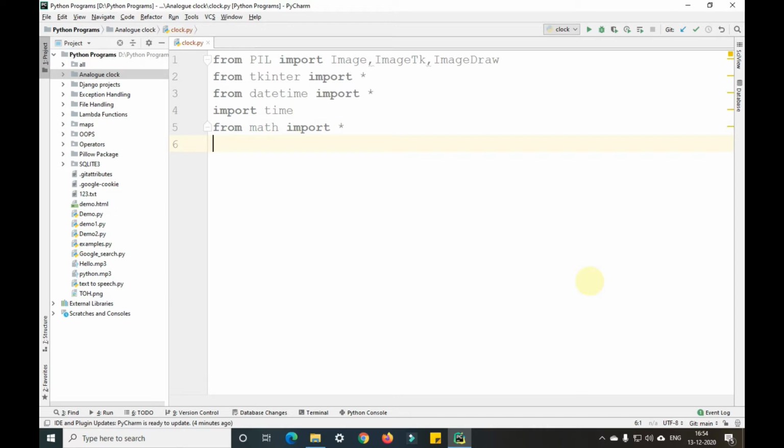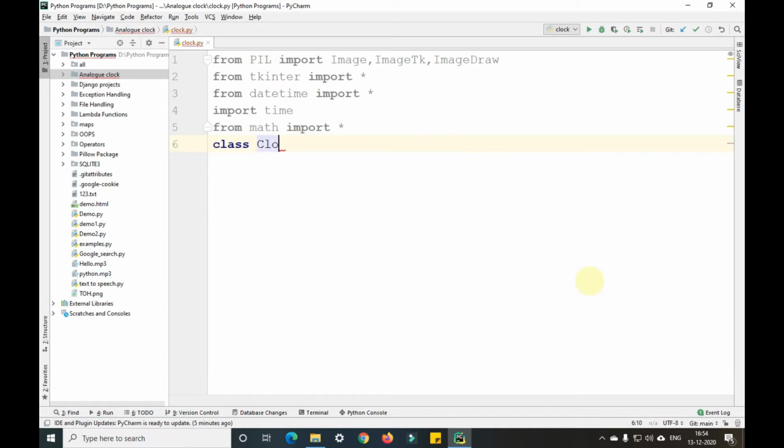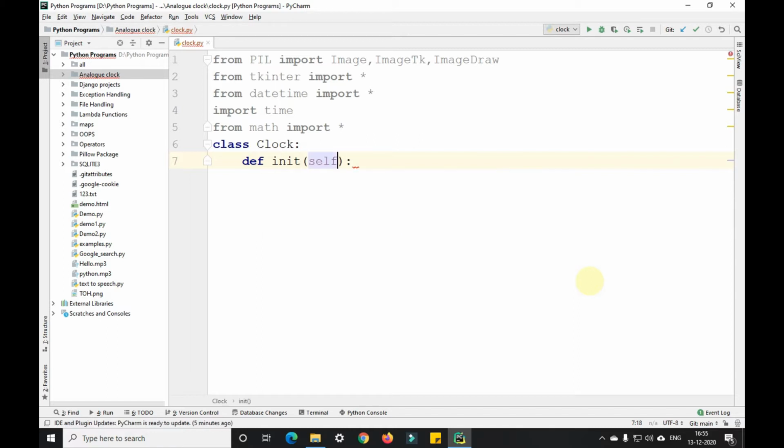So firstly I'll create a class called clock, class Clock. Now we'll be defining the initializer function here, def __init__, with a self keyword, comma, root as our attribute there.